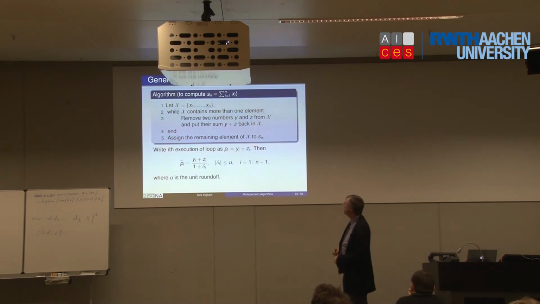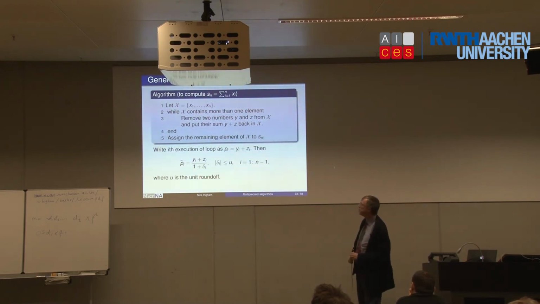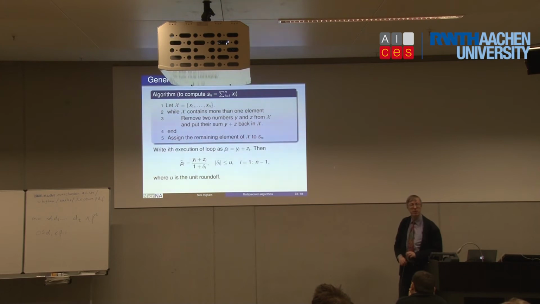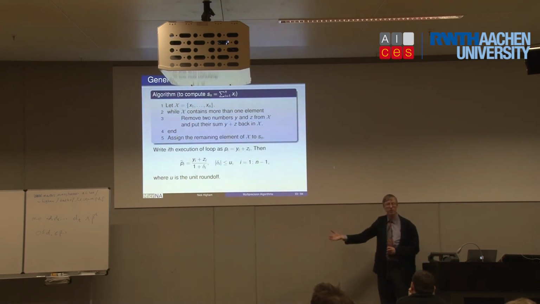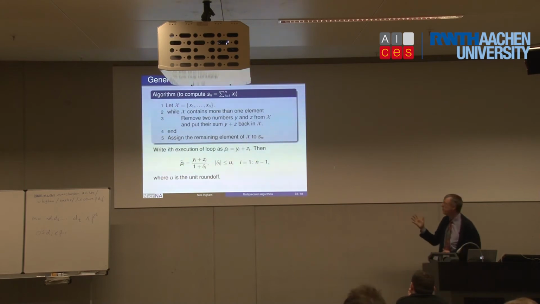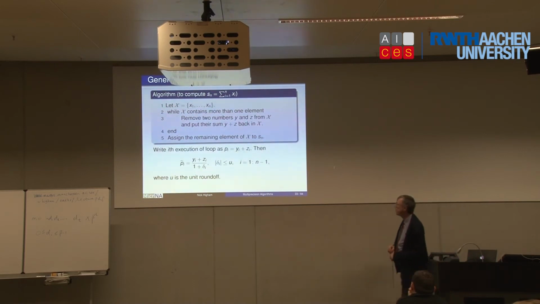Think of the algorithm as follows. You start off with this set with n numbers in it. You take two numbers from the set, add them, and put the result back. You've now got a set with n minus 1 numbers, whose sum we require. And again, you draw two numbers from the set, add them, and put the result back. Do that until there's only one number left, and that will be the sum. So that's a fairly general algorithm that includes a lot of interesting special cases.